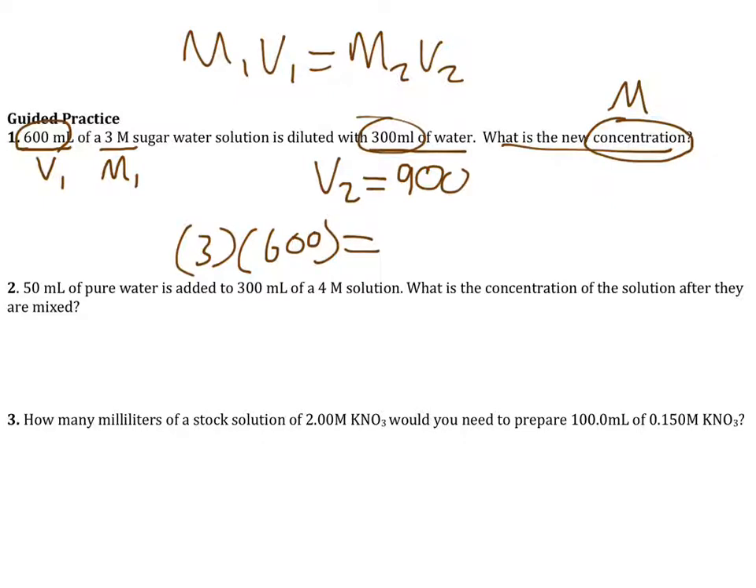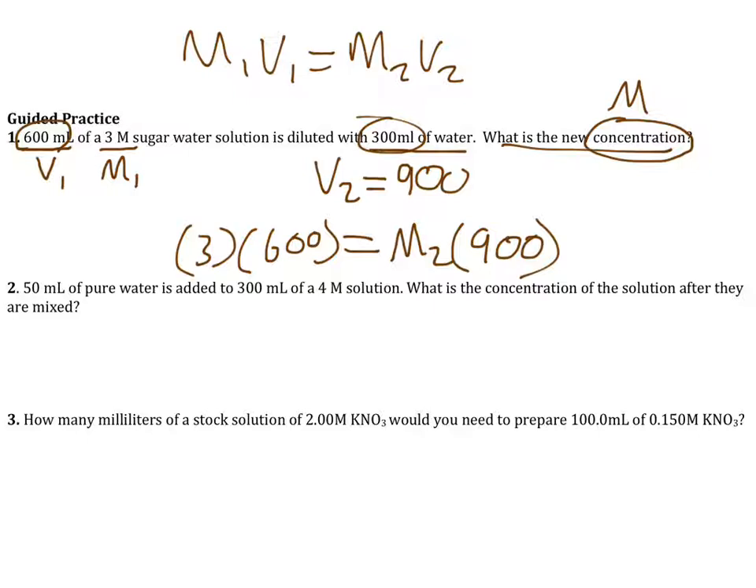Now M2 is what we are looking for, and V2 is 900. Before we even solve this, is the new molarity going to be a larger molarity or a smaller molarity? Well, again, we're adding water. You have the same number of moles in there, but we're adding more water, meaning that it's going to be less concentrated because the same moles are inside a larger volume. And so